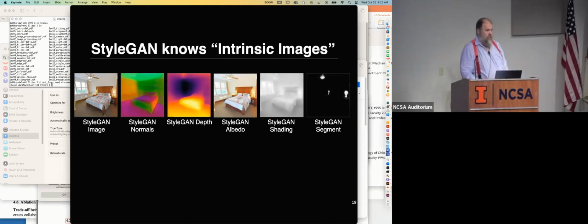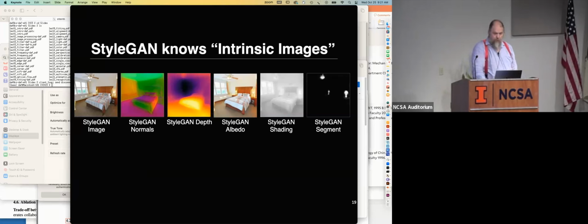There's a picture on the one side, and then you'll see next to it normals. So the colors tell you the orientation of the surface normal. The purple ones are pointing up, the green ones are pointing one side, the orange ones are pointing the other side. And that normal field is really pretty good. You can see a depth map that it's produced. You can see it's produced an albedo map, and it's actually done a semantic segmentation of, in this case, light bulbs or light sources. Question, how does it know where the light sources are? Answer, because it put them there.